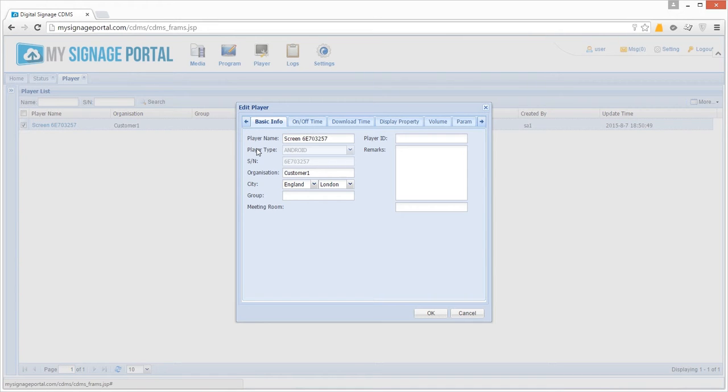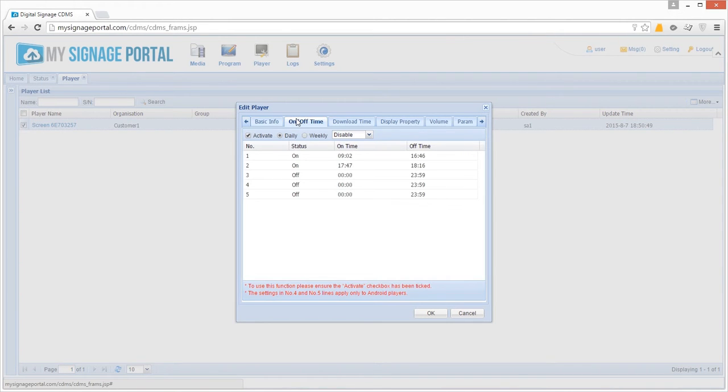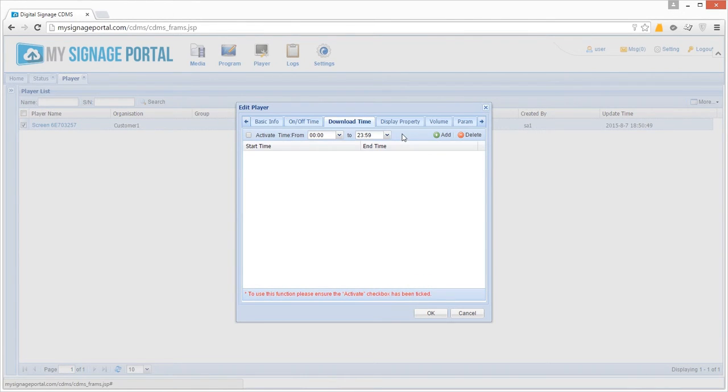The On-Off Time tab allows you to set a power timer schedule for your screen so that it can automatically power off during hours it is not in use and power back on during hours that it is in use. The Download Time tab allows you to set a specific time period for your screens to communicate with the server. This is ideal if you do not have much available bandwidth during working hours but only need to update your